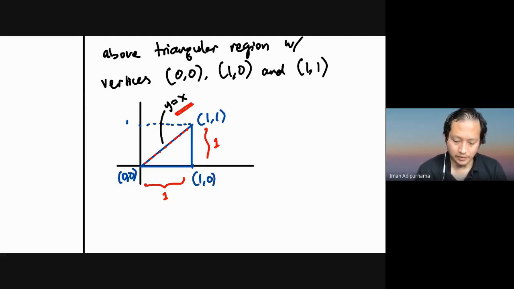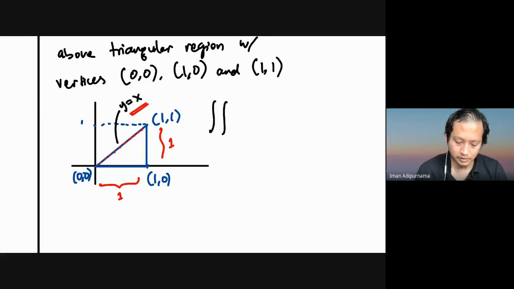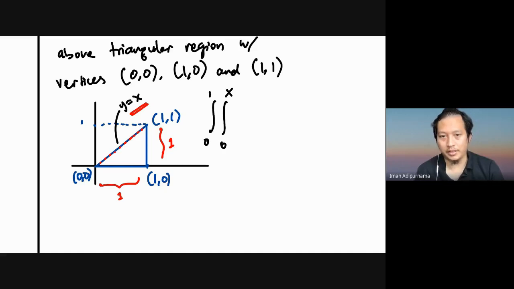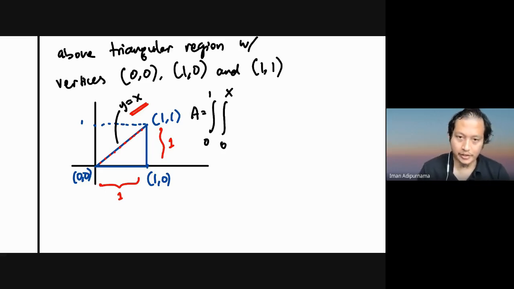Then you will have a set of double integrations. Let's say it's 0 to 1. Okay. I will write the inside integration from 0 to y or x. That actually depends on you. In the latter cases, it can be dx dy or dy dx. Should be similar results. Okay. So I will write this. This is the area will be